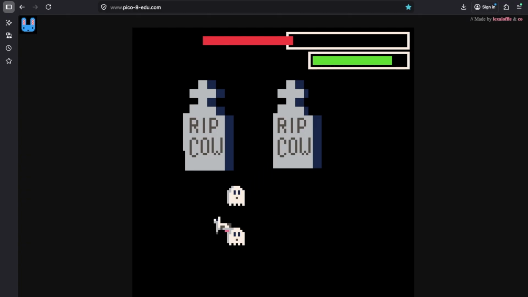And here is my end screen. It's not complete. I want this tombstone to be way bigger. I want it to take up the whole screen. And I want to get rid of this health bar and eat grass bar up in the top. I don't need these anymore once you're dead.